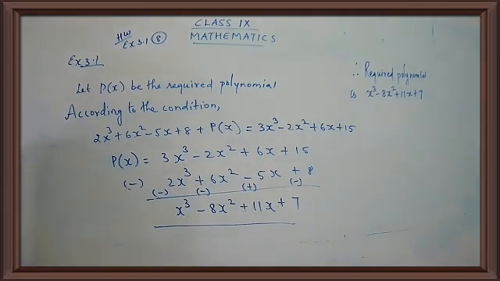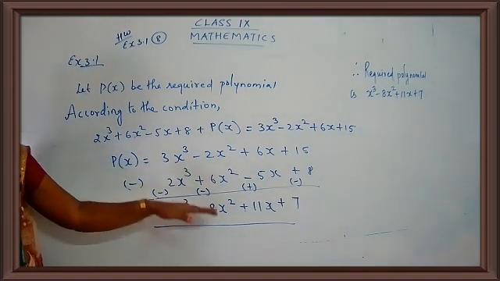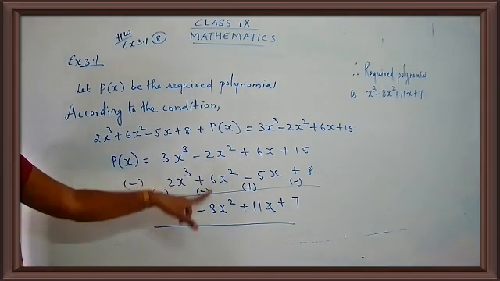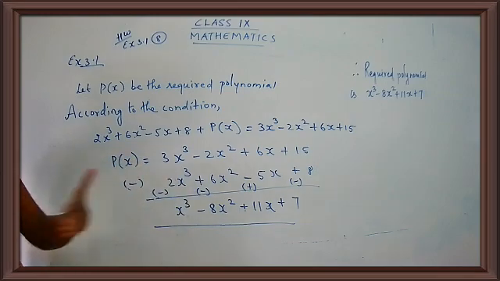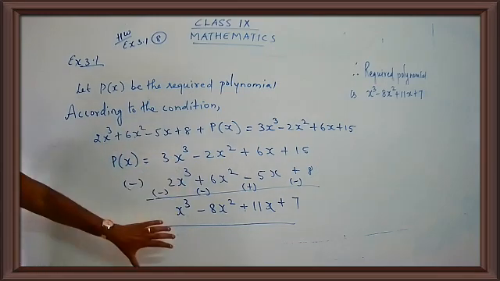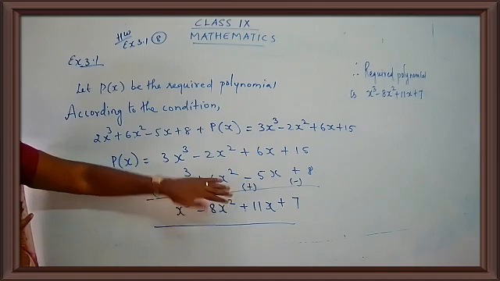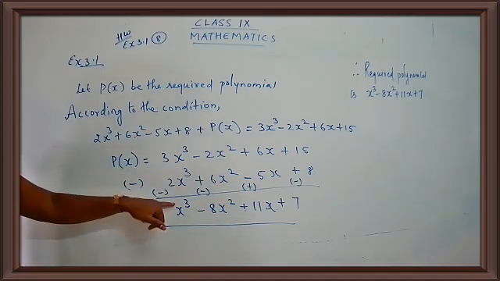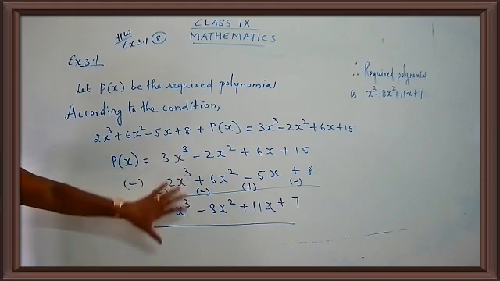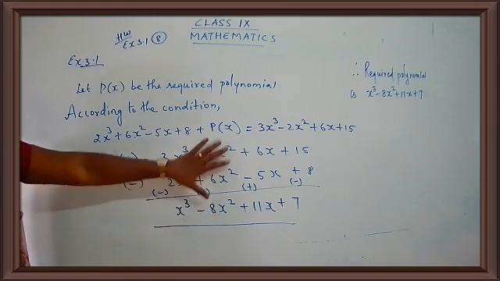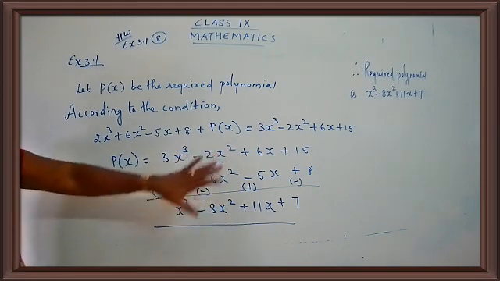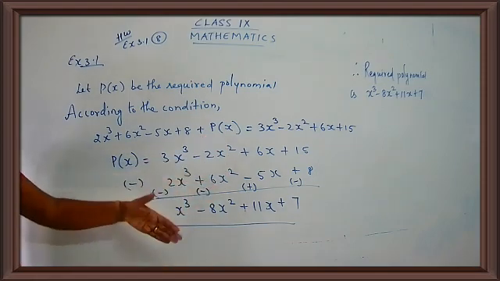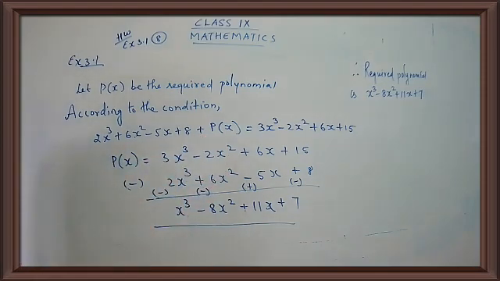Shall I rub the board, children? Have you taken down the answers? Children, when you write down the polynomials, present it properly. You see how much space I have given. I'm not writing everything very close to each other. Yes. So when you write down, present your terms. These are the like terms. You know, x cube, x cube. So the like terms, you have to write down one below the other. So the placement is very, very important. So when you place the terms properly, the calculation goes on very easily, it is very easy to calculate.